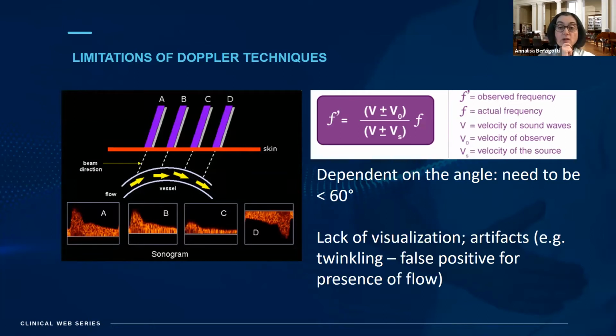So we all know that if a vessel is basically at 90 degrees to our visualization, the probe and our sampling position, we will have a lack of visualization of signal, or we can have other problems like artifacts, like the twinkling artifact if we are hitting a structure which has a very different reflectability in comparison to the remaining part. So we can have false positives in this part, or we can have false negatives for flow. So we should solve this problem.